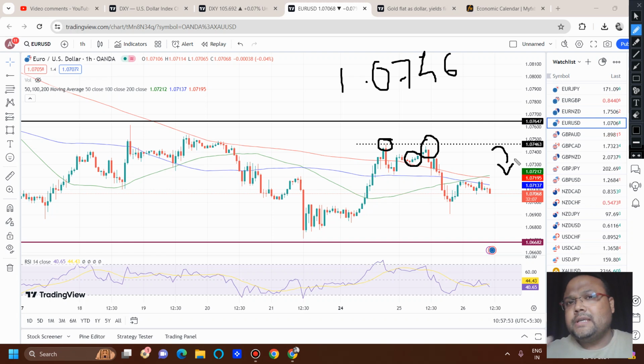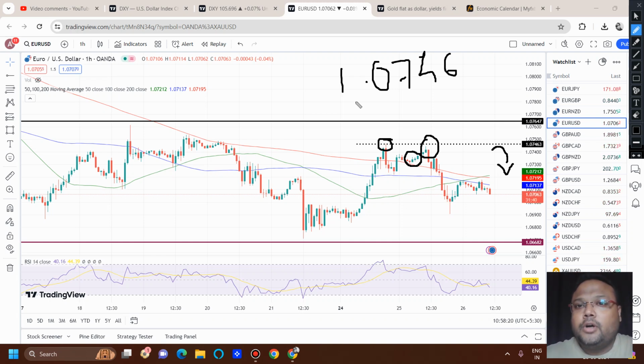If market reverses, hit the sell button. But if you see that there is a sudden buying on Euro USD, and DXY is also going down at the same time, you can consider it as a confirmation and you can look for a breakout. You can go for a buy above